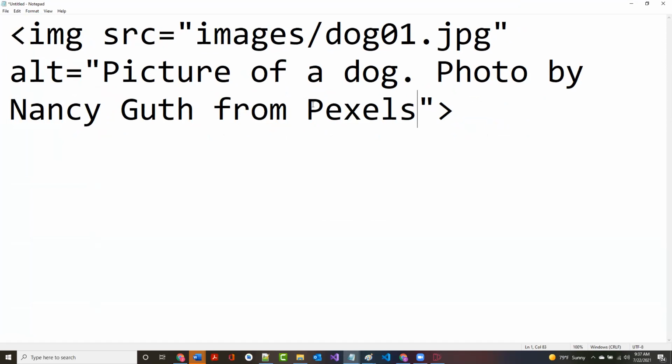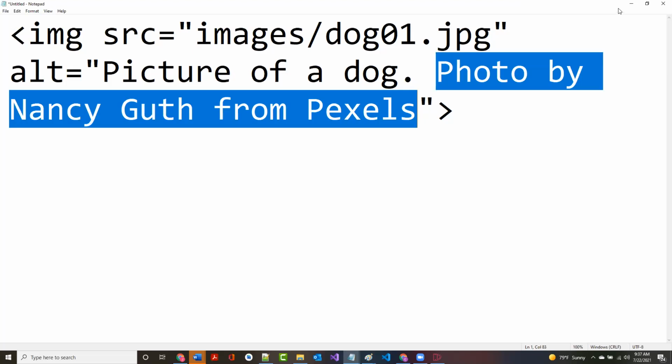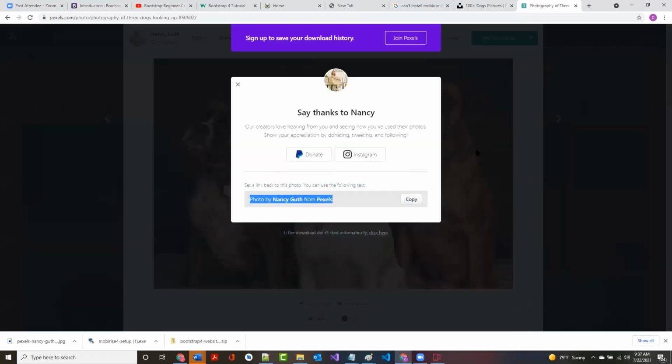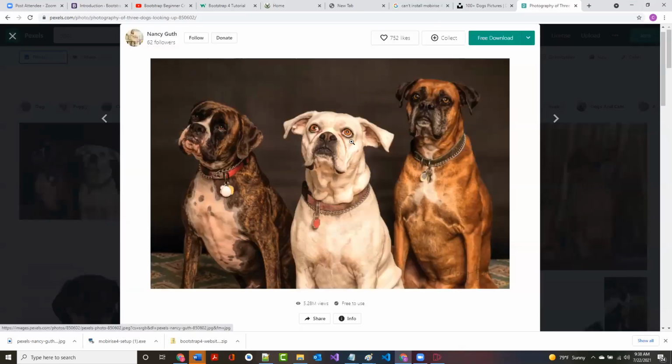So the recommendation is if you go out to one of these free sites like this, and you actually end up using the pictures from the people, that you just say the photo by. Now there's a thing in there if you want to do this. By no means am I telling you to do this, but you can even donate money to them. I'm not going to do that, but you could. All right, so I now have one picture. That picture should be in my downloads folder now, and I'm going to move it in just a second. In fact, I don't even have to move it, but I'm going to show you how I'm going to use it in just a second.